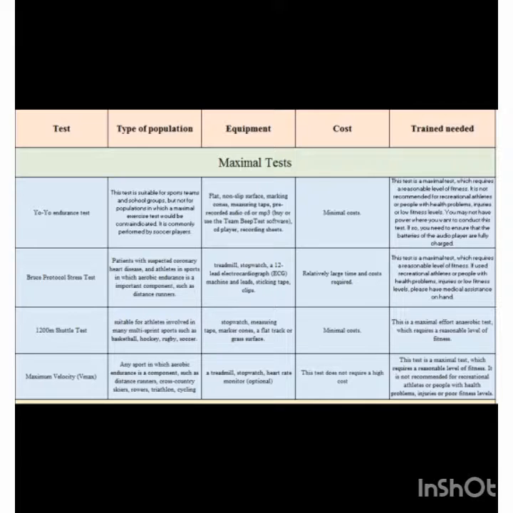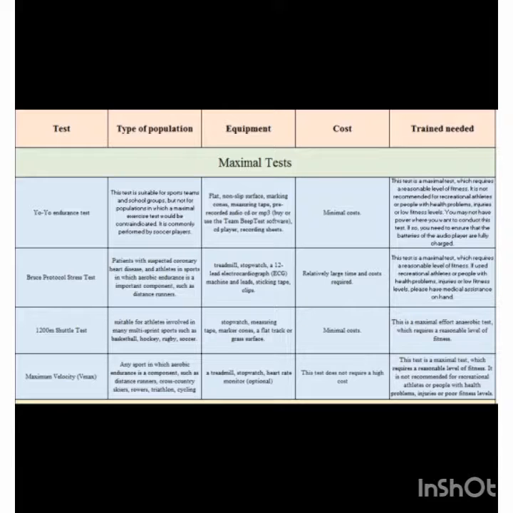This test is suitable for sports teams and school groups, suitable for maximum exercise. It requires a good level of fitness and is not recommended for individuals with a low level of physical condition. When a person is out of shape, participating and staying constantly motivated can be discouraging, and the advantage is that it can be done